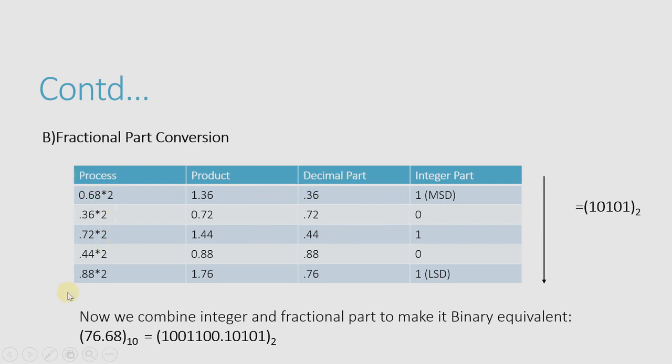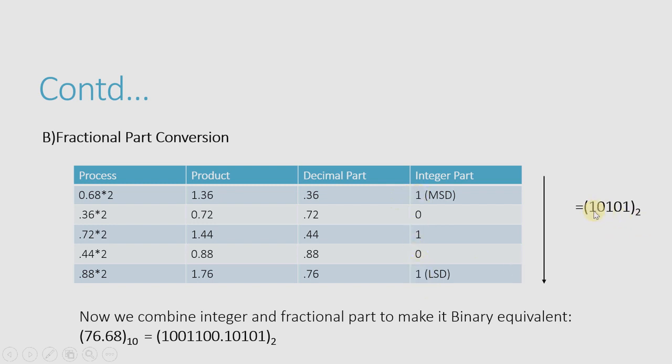So in this we show the 5 steps where we keep on multiplying and we get the integer part like this. Now what you have to do is write from upward to downward direction. Here 1 becomes my most significant digit, and the last becomes the least significant digit, because I have to write from the most significant digit to the least significant digit. So in this fraction part you have to remember that you write from upward to downward direction.